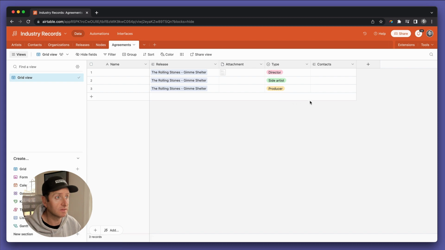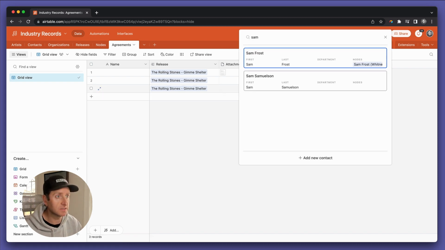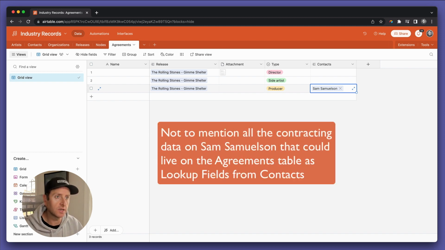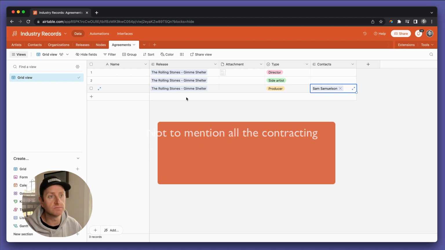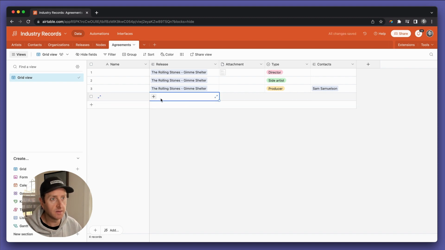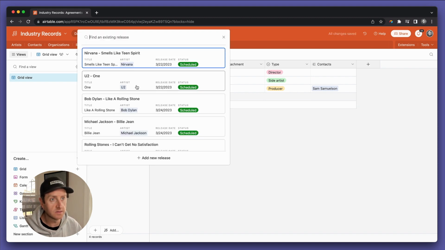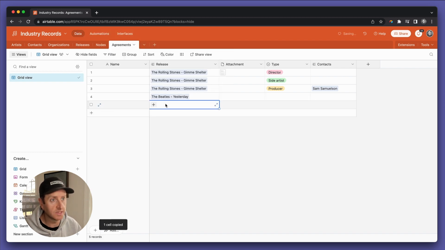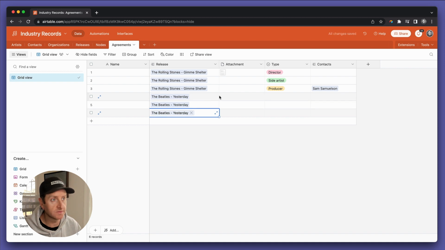And we had this agreement. Then we could just link it to Sam Samuelson. And we could know how many agreements this one contact has. If we ever cared, we could look it up in between tables. So now in this case, let's do it again with another release. So we'll say the Beatles, Yesterday. So now we have 3 records for that. All director, side artist, producer.